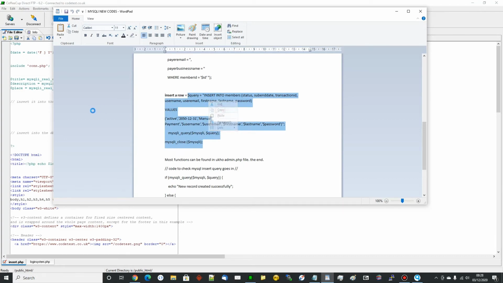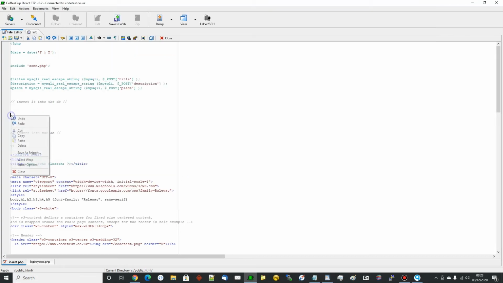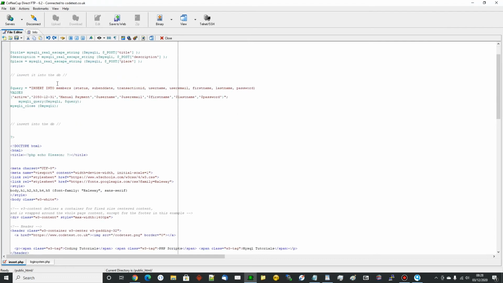So I'll copy this and I'm going to paste it in here, and we're going to insert into data, and we're going to insert title, description, and place,